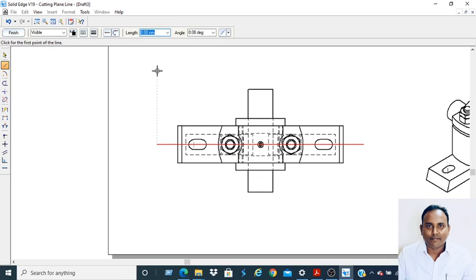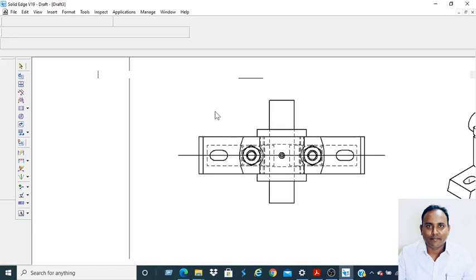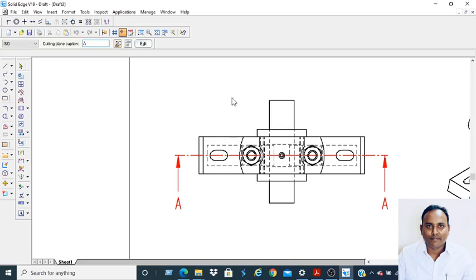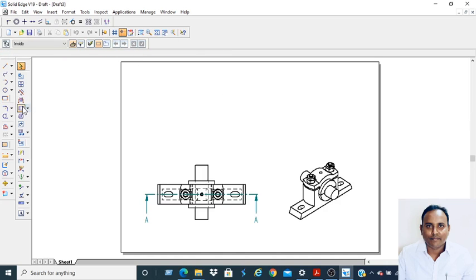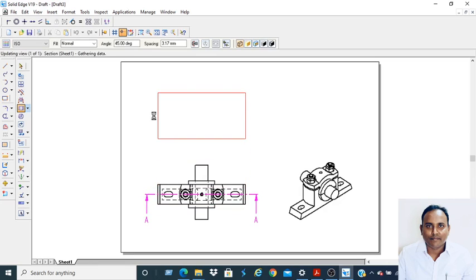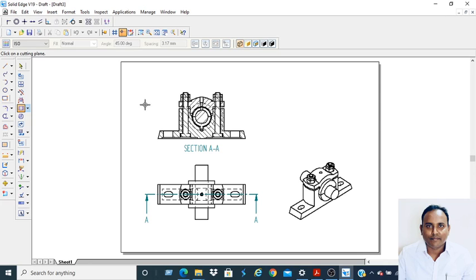Select this side or this side. Finish. It is asking either to select this side or this side. You select this side. Fit. Go to section view. Click on the section line. Drag it. Now this is your full sectional front view, and this is your top view, and this is your